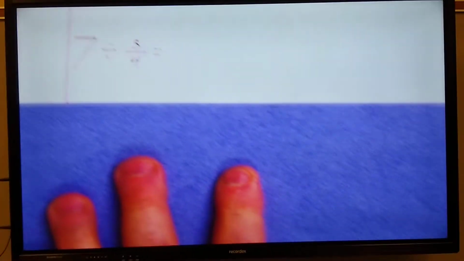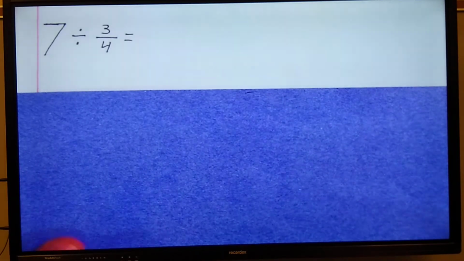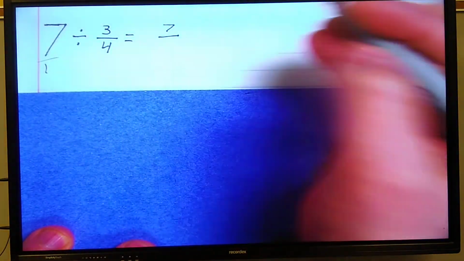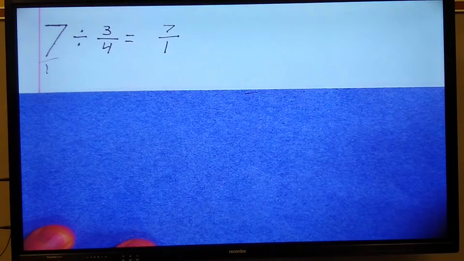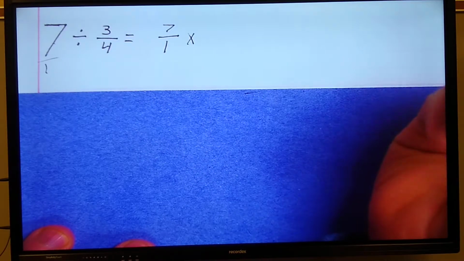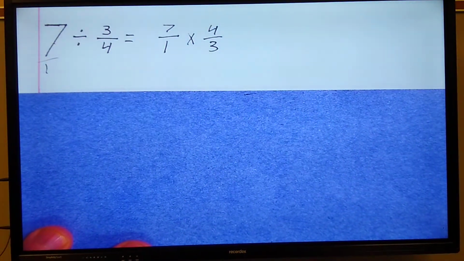Now, let's see if you remember how to divide a whole number by a fraction. Do that now. Pause the video. All right, let's see how great you did. The first thing you need to do is put a 1 under the whole number. The whole number is the dividend, so it's going to stay the same. Division becomes multiplication. My divisor, you must change to the reciprocal, so you just flip it, 4/3, and then you